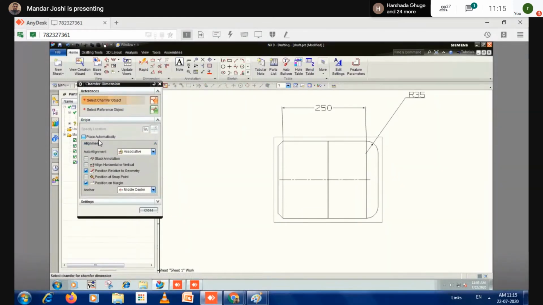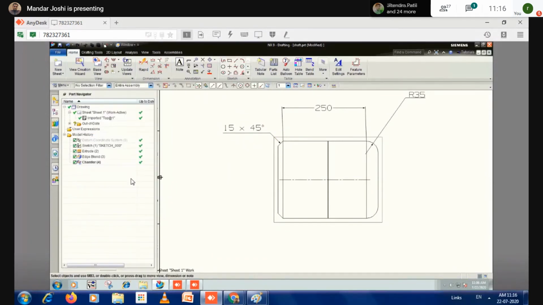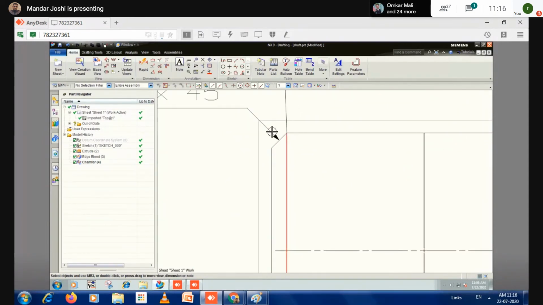Always remember that the place automatically button will be off. Now here you have to place. For 15 by 45 degree. So whatever the settings we have applied there, that will be affected in here. Okay. So even your arrow size, that also you can change.